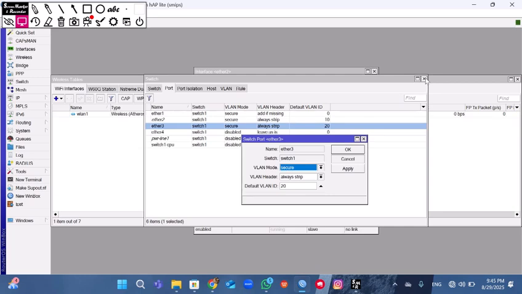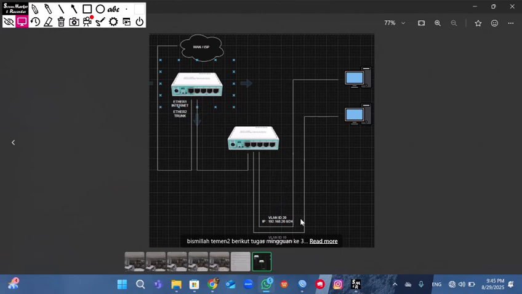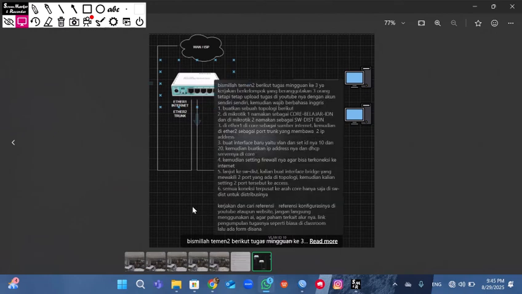On my laptop I will use Ether 3. Ether 3 uses IP 20. Let's ping.